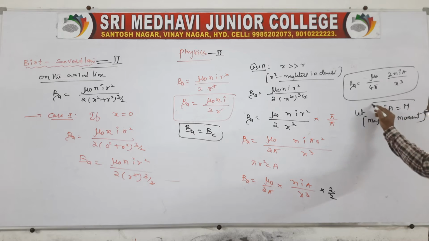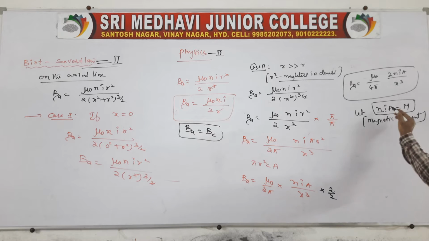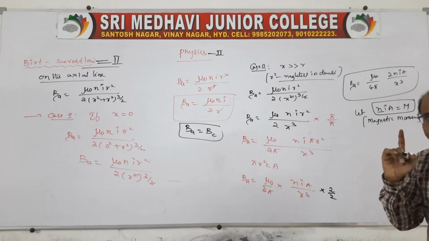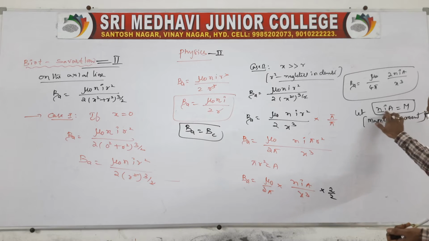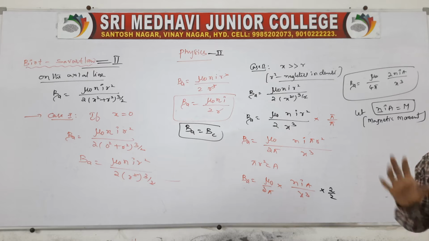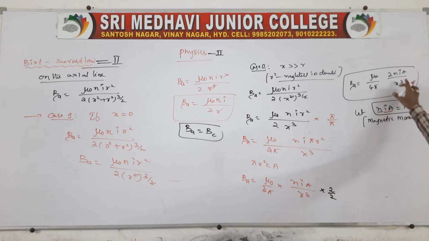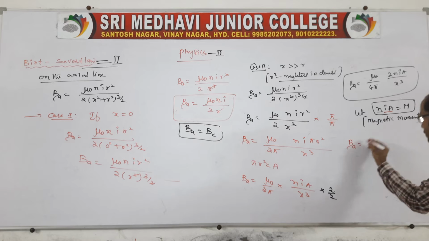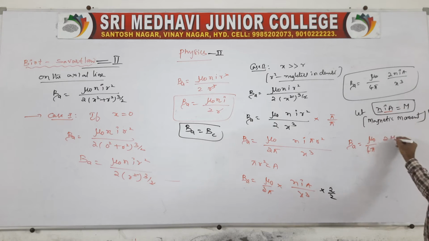We can say magnetic moment is defined as the magnetic dipole moment. Magnetic dipole moment is defined as the product of current and area of cross section. It depends on the area of the given coil, which we have to know. So I into A, the product of current and area, is what we call the magnetic dipole moment. So on the axial line, B is equal to mu naught by 4 pi into 2 M by x cube.